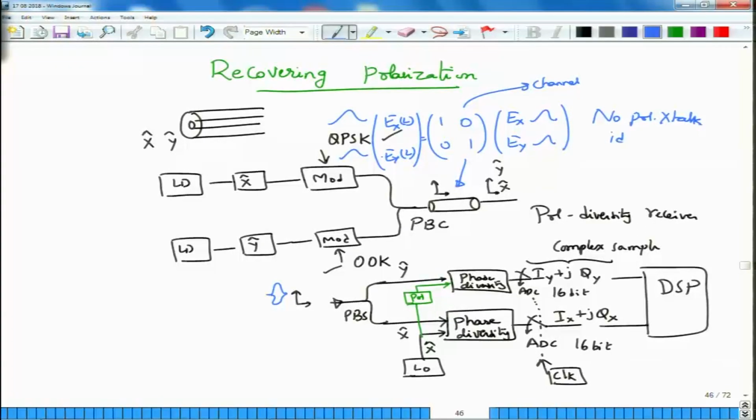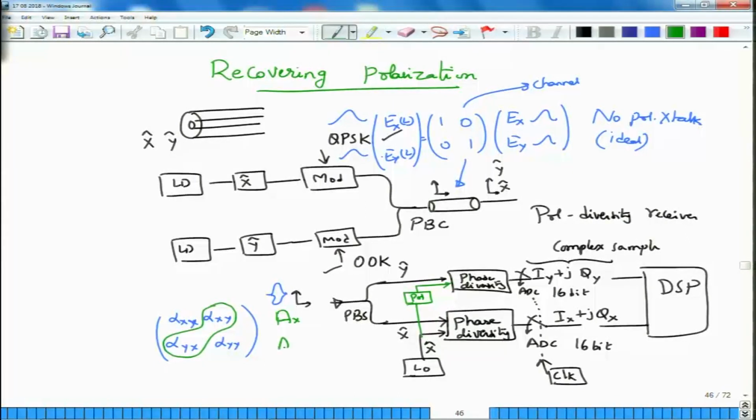This is for the ideal case, but unfortunately in a real world scenario there will always be some crosstalk, which means this value will be different. We'll put alpha xx and yy just to be sure, and these cross terms that we have put in are going to tell you how much of the x component.